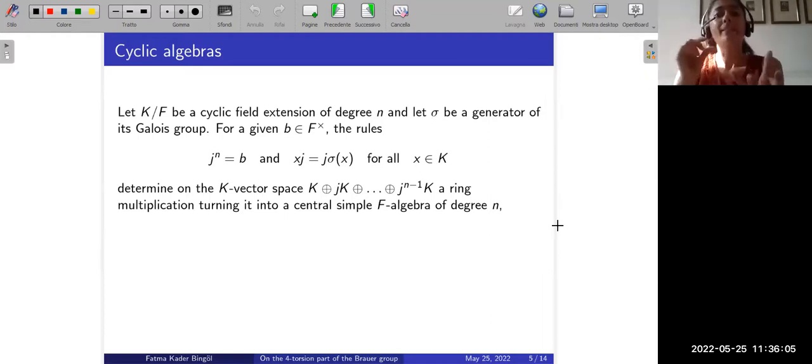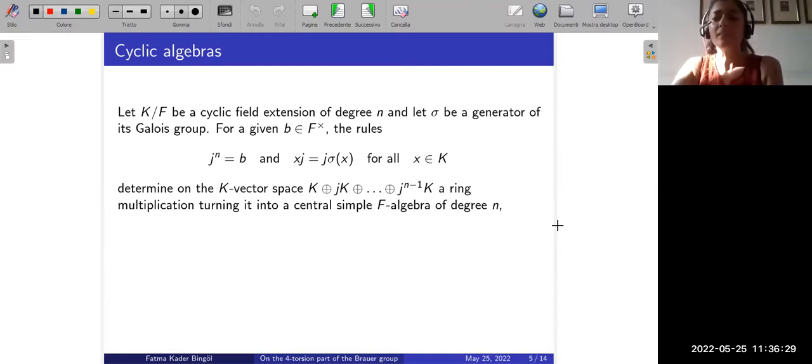Let j to the power n be equal to B, and let j commute with elements of K via this automorphism. That is, let x times j equal j times sigma of x, for any x in K. This gives you a ring multiplication on this vector space, and it turns it into a central simple F-algebra,